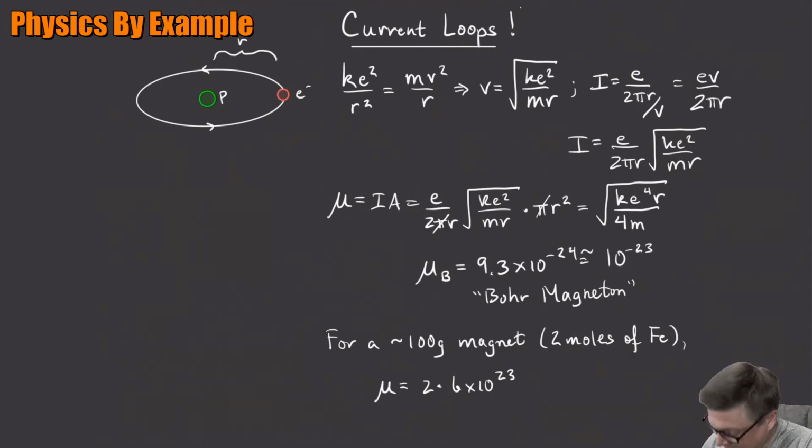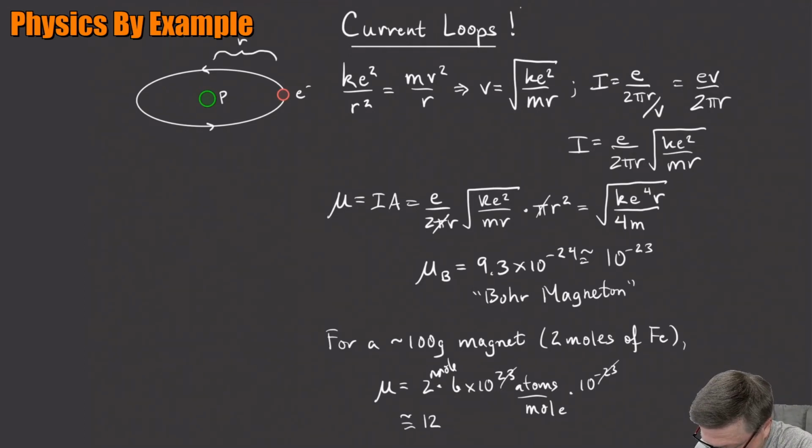This is atoms per mole, just to show how the units cancel out. That gives us a total number of atoms, right? And each atom gives us the Bohr magneton up there, each one gives us a little bit of a magnetic field, times 10 to the minus 23. Well, the nice thing is those things cancel right out, right? So we get something like